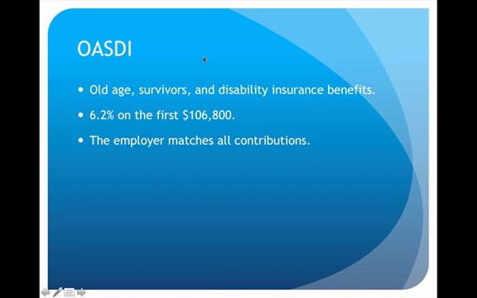Well, these rates do change from time to time, but what we're going to use are the most current rates. Right now, it is 6.2%, but there is a cap, and the cap is $106,800. So we're only going to tax the earnings of the employee up to this level. Once the earnings exceed that level, then we stop and we don't do any further deduction for OASDI taxes. And in addition to the portion that we withhold from the employee, we as the employer will turn around and match that